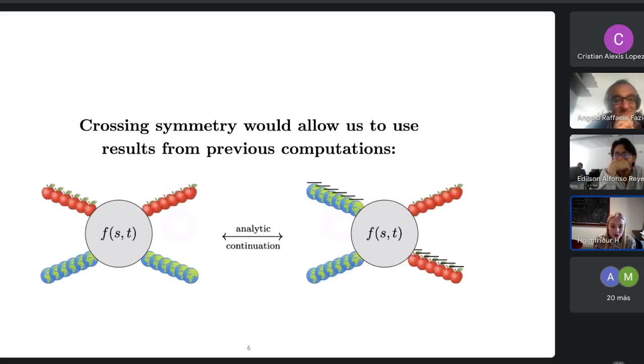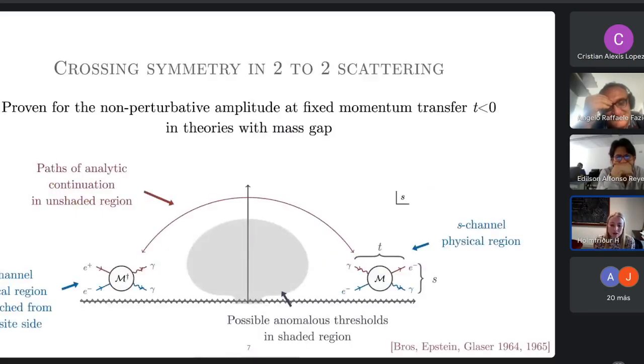To drive home how non-trivial this is, crossing symmetry tells us that if we want to study how an apple falls to Earth, that's a scattering process between the apple and the Earth. But crossing symmetry tells us that we might as well study the process Earth anti-Earth going to apple anti-apple, and we could study how an apple falls to Earth via that process. That's an entirely crazy idea to me, but I think this example really drives home how non-trivial crossing symmetry is. It's not really something we should take for granted. But let's also talk about what's known about crossing symmetry.